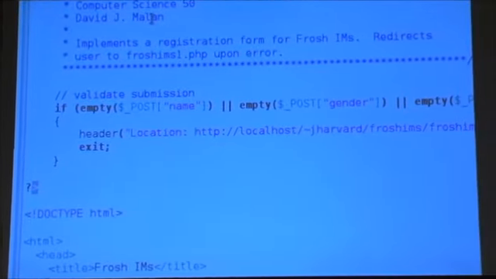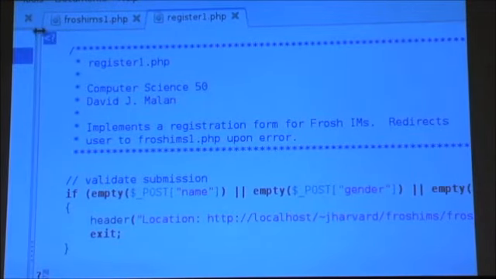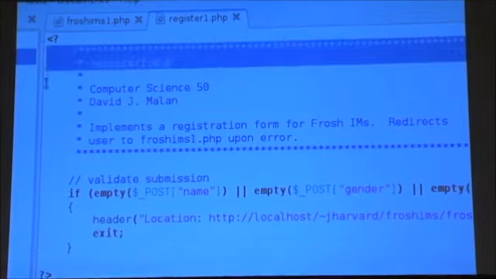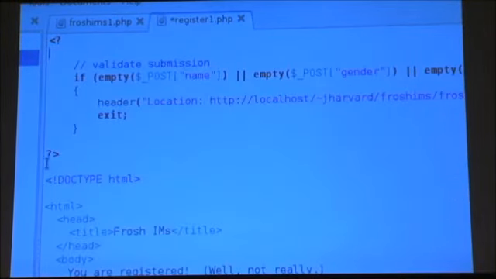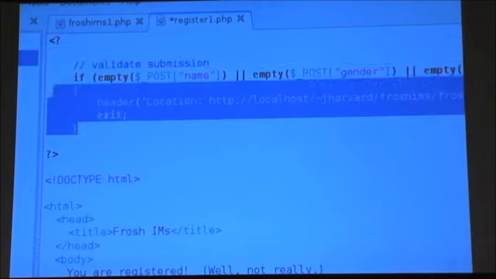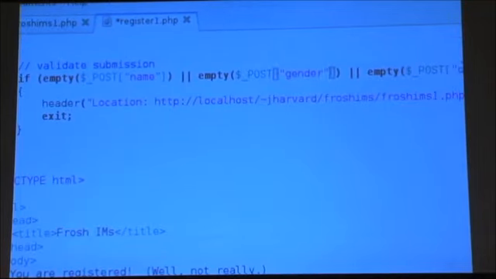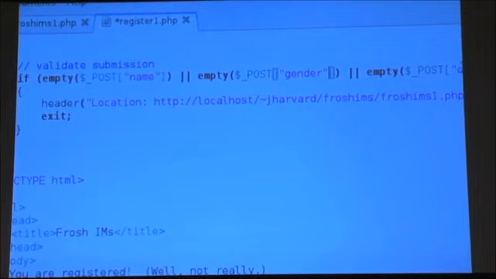And notice all this stuff, even though most of this is comments, notice we've got open bracket question mark. So that means here comes some PHP code. These are just comments. So that's as though they're not even there. This is a comment too. So that doesn't really do anything. But these several lines of an if condition do work some magic. So if the empty function returns true, when passed the name field in the $_POST associative array, then I'm going to